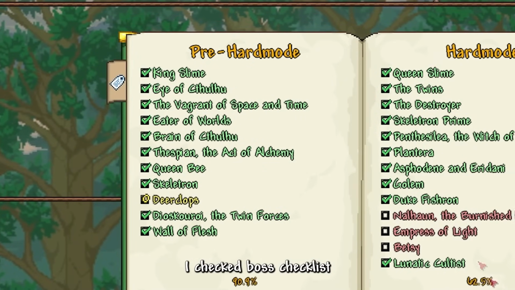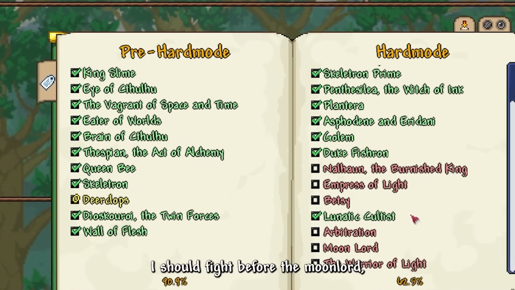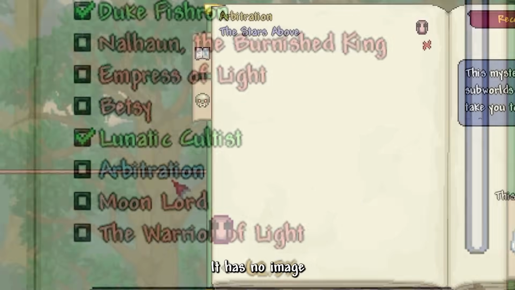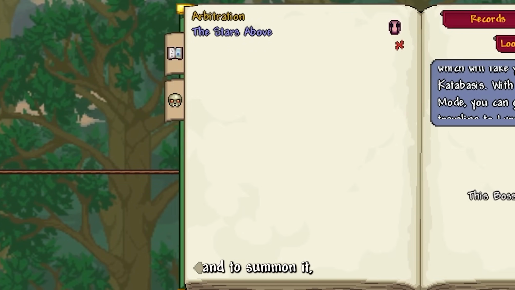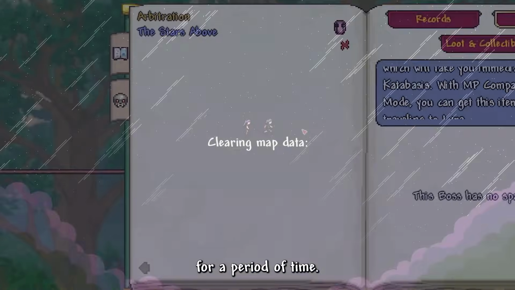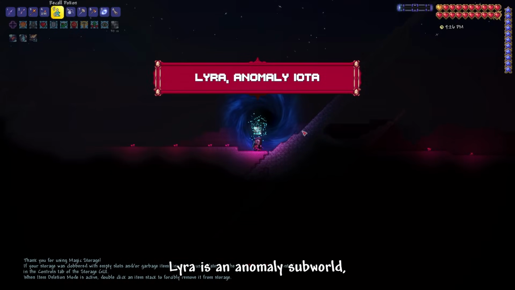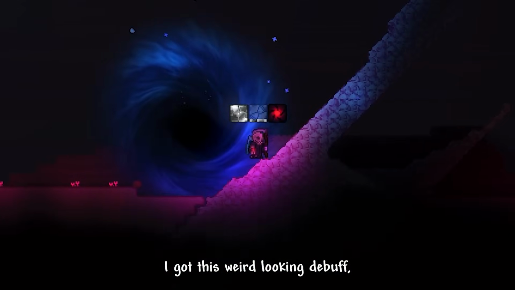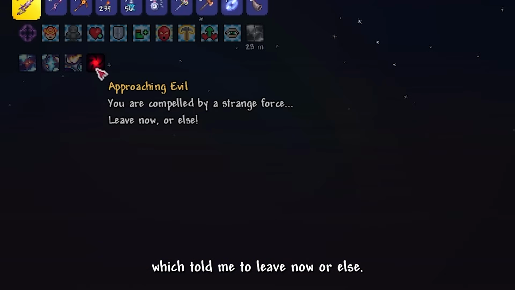I checked boss checklist to see if there were any bosses I should fight before the Moonlord, and there was this boss called Arbitration. It has no image in the boss checklist, and to summon it, I need to go to an anomaly subworld and stay there for a period of time. Apparently, Lyra is an anomaly subworld, so I went there. After staying for a long amount of time, I got this weird looking debuff, which told me to leave now or else. But then...